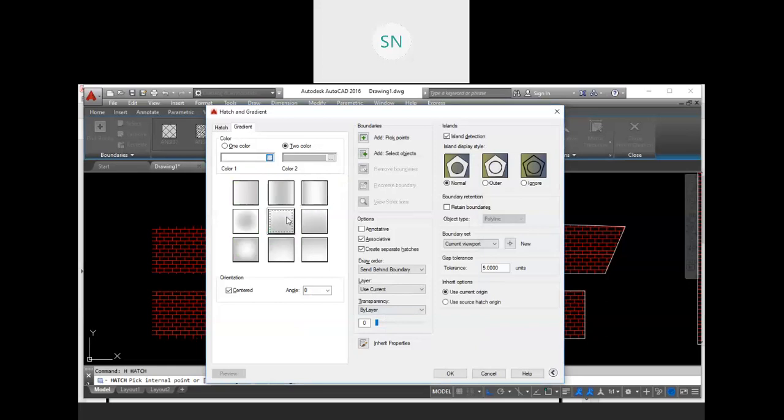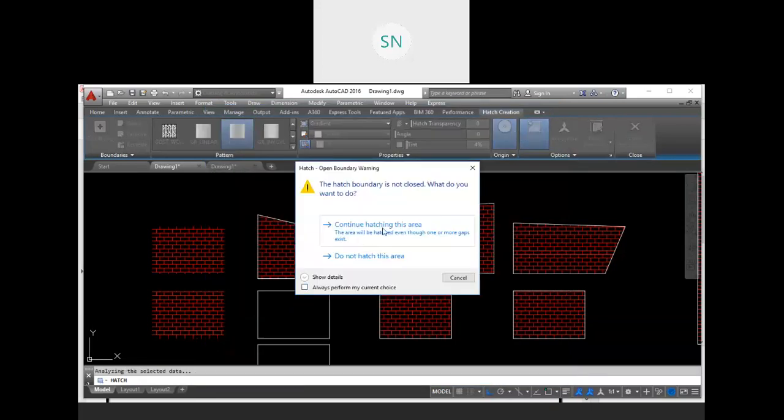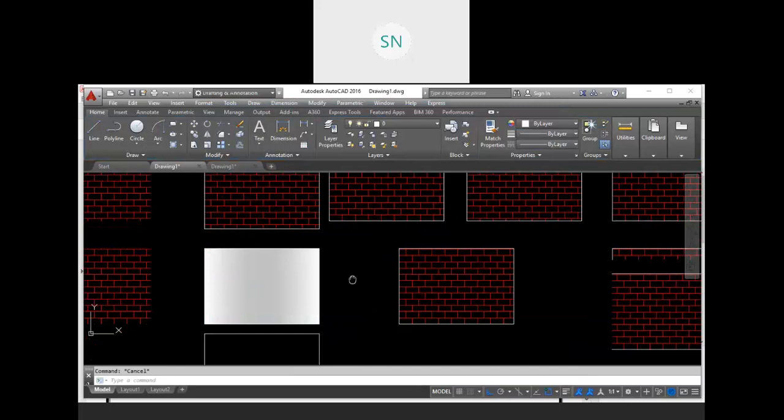So this thing may represent a glass. Whenever you are creating a window or door, you can place this type of gradient. Go to the edge, pick boundaries, continue. It will fill like this.